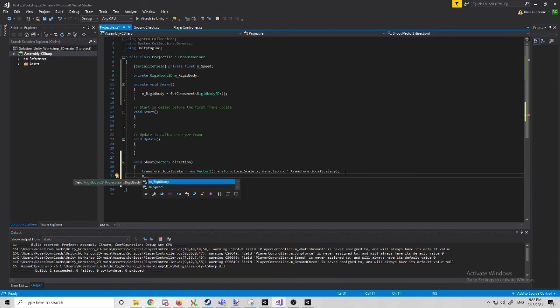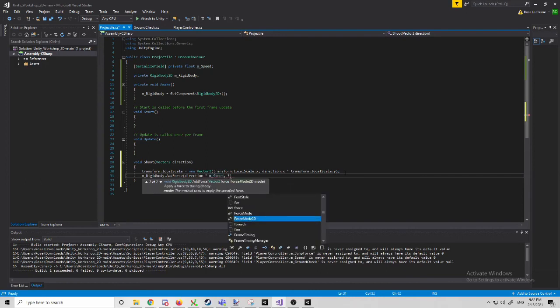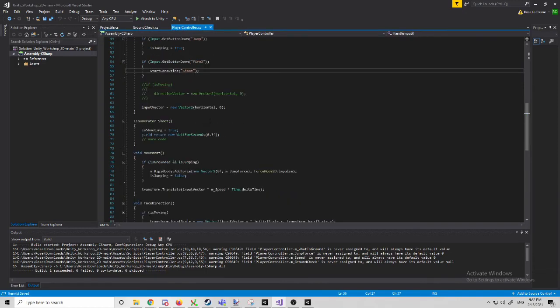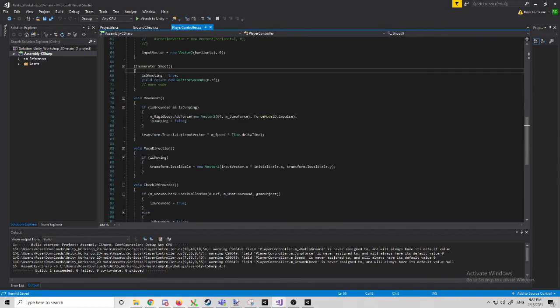All right, so now we also want to add a force in the direction that we're facing. So AddForce times the speed, and we want to do the Impulse mode. Impulse, like that. All right, so that's it. That's all we have to do for that. And back to the player controller. Once we shoot and we go to the shoot coroutine,